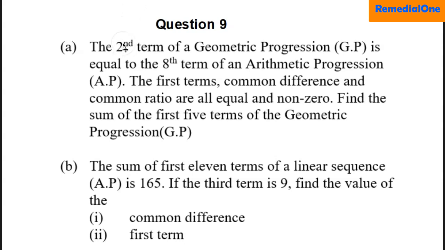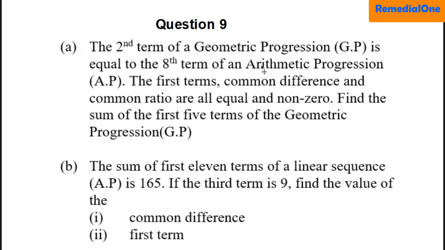In this video, I'm going to solve question 9, WASSCE 2022 Elective Maths. Already, we have solved the first 8 questions. So, let's begin. The first part: the second term of a geometric progression, GP, is equal to the 8th term